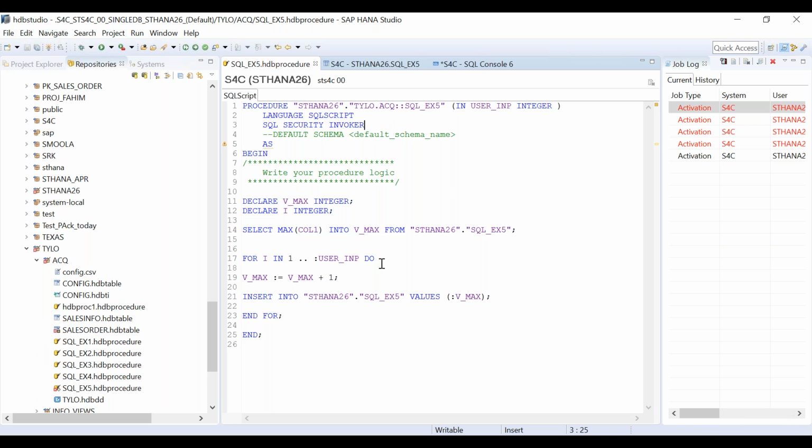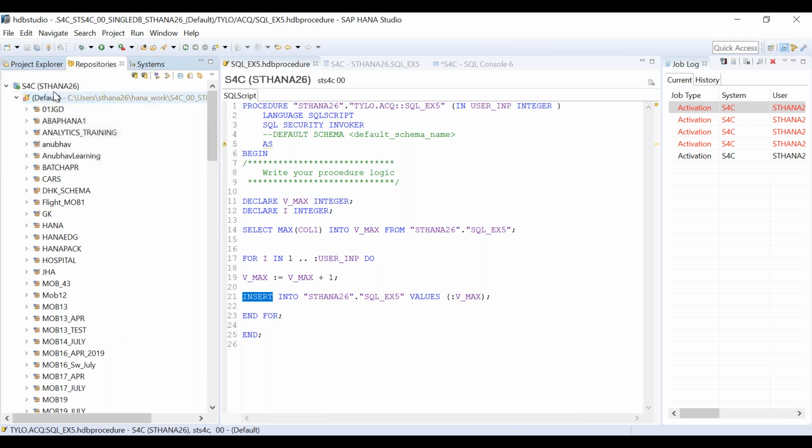Save. Insert into ST HANA 26 X5. I think the problem is with the privileges. Okay, so let me see that.